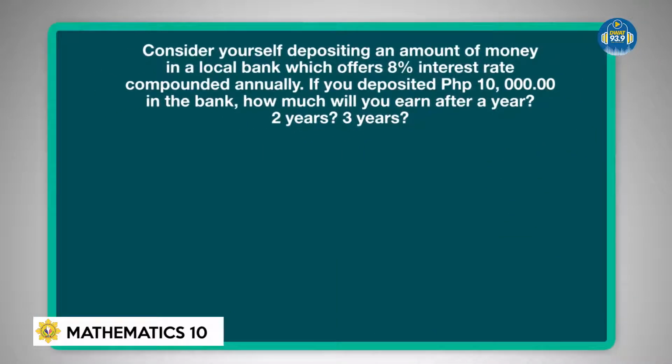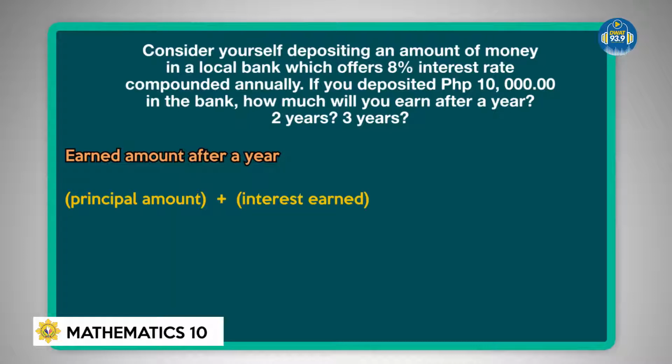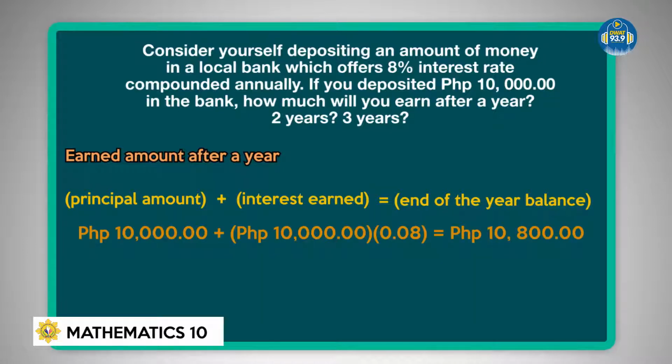Let us compute for the simple interest, which is only paid on the initial principal amount. Principal amount plus interest earned equals end of the year balance. So 10,000 pesos plus 10,000 pesos multiplied by 0.08 equals